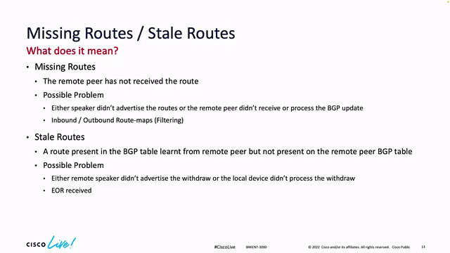There could also be issues with the BGP process itself in generating updates and processing updates. For example, even the resources utilized by the local system, if the memory is high or the CPU is high. We'll look at a couple of examples of those. So missing routes is, okay, I'm not receiving it. Stale routes is, whatever information I have,